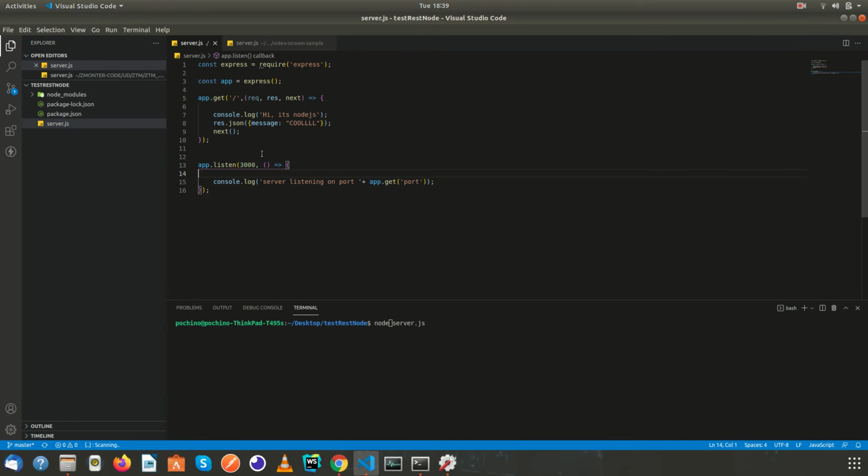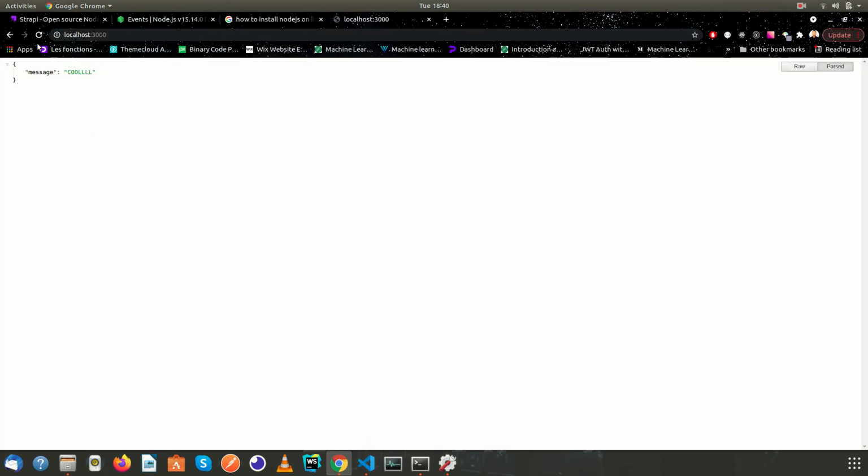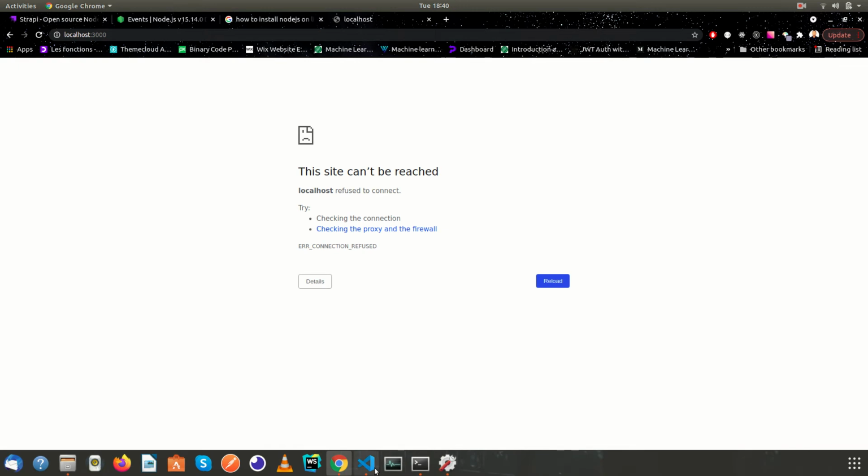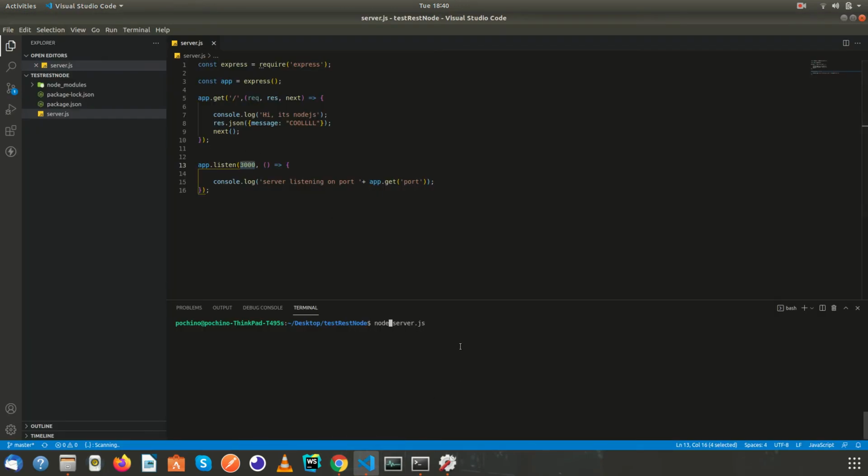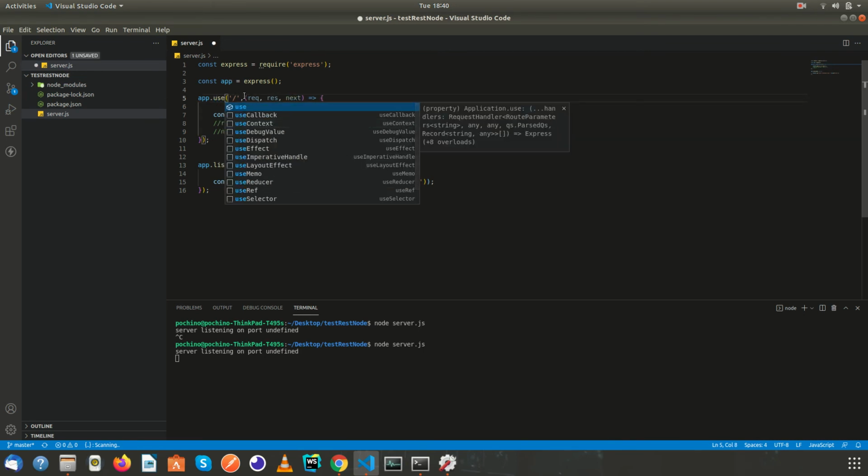And yeah, we have to use the port this way, and if I refresh, okay, my server is closed. If I run this way, let's just comment this out and make it like that. Now I use a middleware this way,